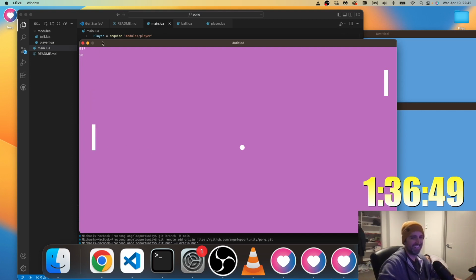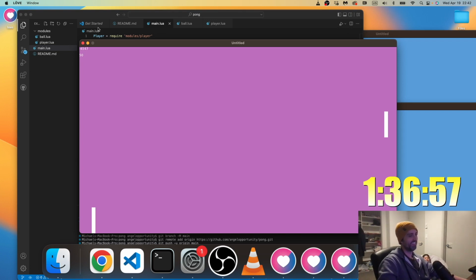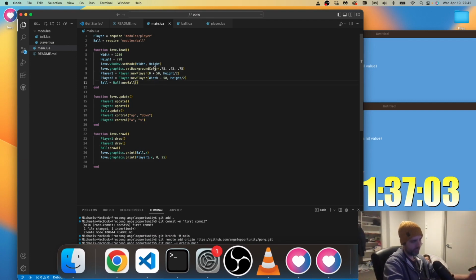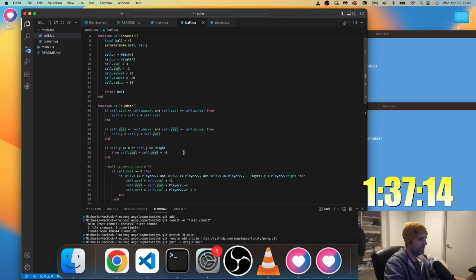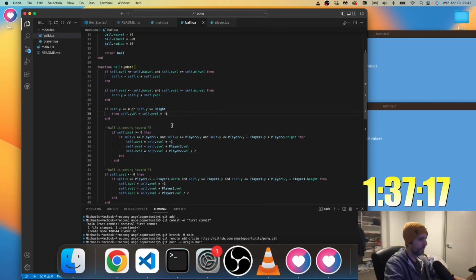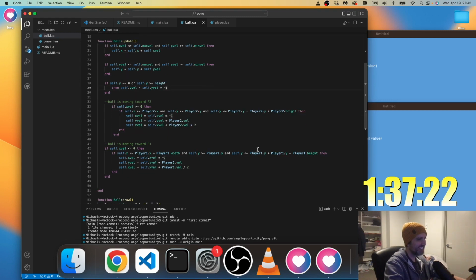What? I don't know, dude. It goes right through a wall and suddenly comes back. This one's never coming back. All right. Well, I also need to make it so that when it goes off the left wall, it gives you a point and then it respawns in a second. But something is really buggy here with this collision detection. It goes through the wall and then suddenly comes back. I don't know why it even came back, honestly. There's just something off with it.